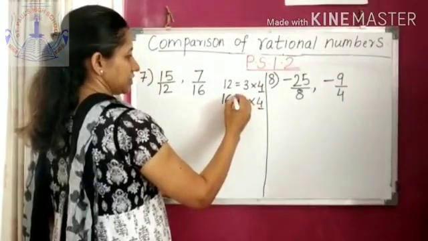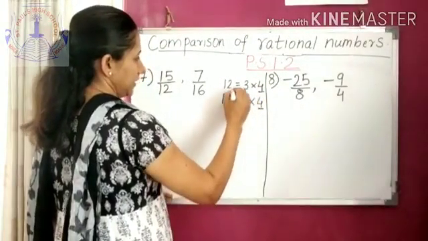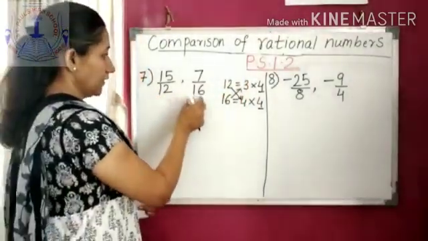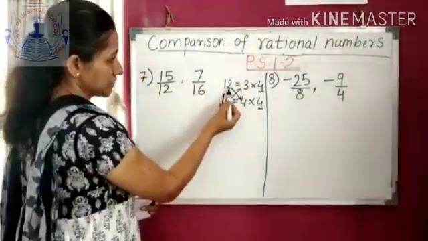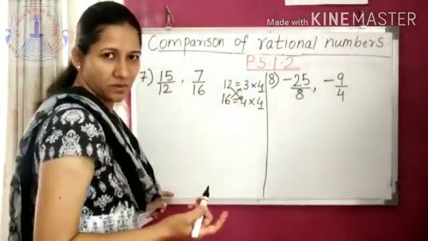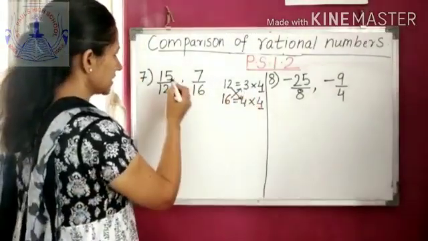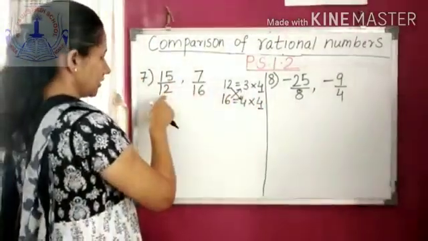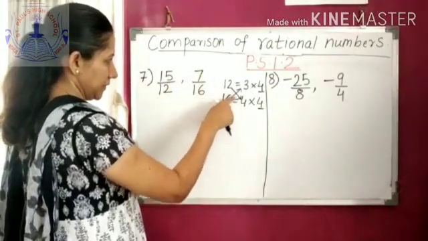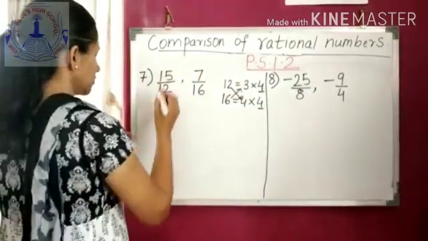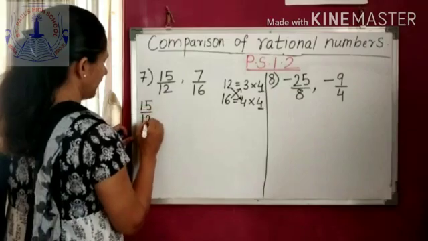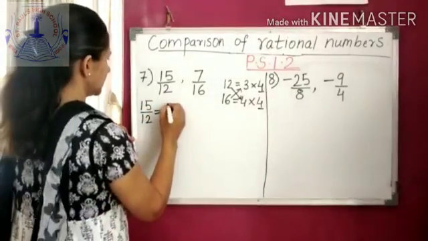So if you just multiply 16 by 3 and 12 by 4, you can equalize the denominators, because as you can see, 12 multiplied by 4 is 48 and 16 multiplied by 3 is also 48. So we can take these constants for the fractions. For this fraction we will be taking constant 4 and for this fraction we will be taking constant 3. So let's start with 15 upon 12. So 15 upon 12 will be equal to,